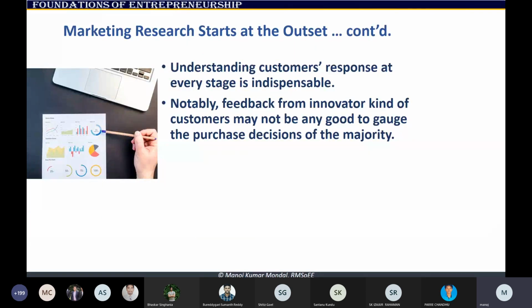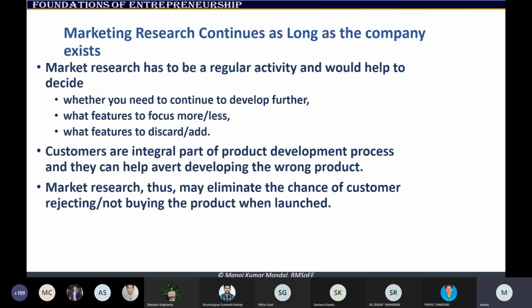Marketing research at the outset is very important for a startup because you don't want to spend a lot of money, resources and time building something that customers will not buy. So you want to get that confidence, and you do a little bit of market research. But at an idea stage, you really cannot afford to spend so much money on primary research. Primary research costs money because you have to gather information by yourself, whereas secondary market data is available on the internet itself, so you just collect that data, spending some time.